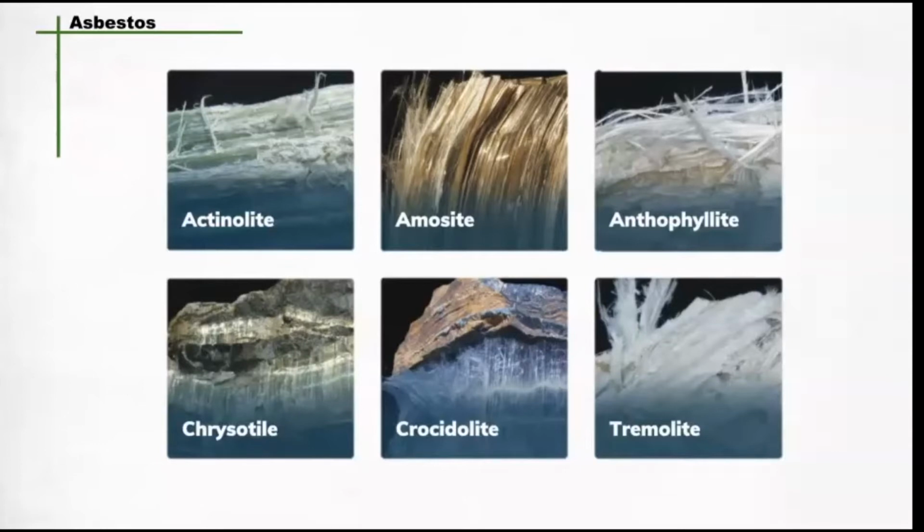Based on their physical and chemical properties, there are 2 different major groups of asbestos, serpentine and amphibole. So serpentine asbestos are long, flexible, and curved fibers. They can be woven together easily. So these are more used for manufacturing,